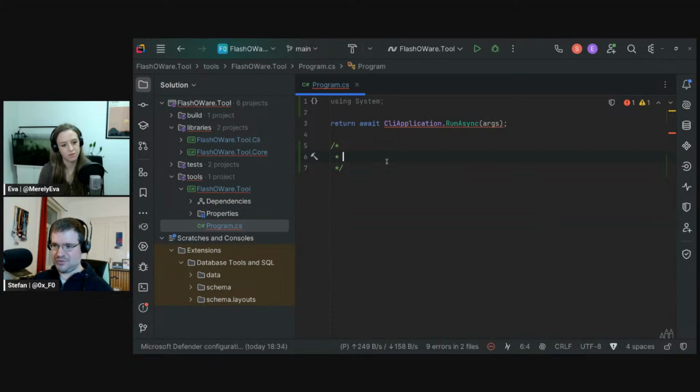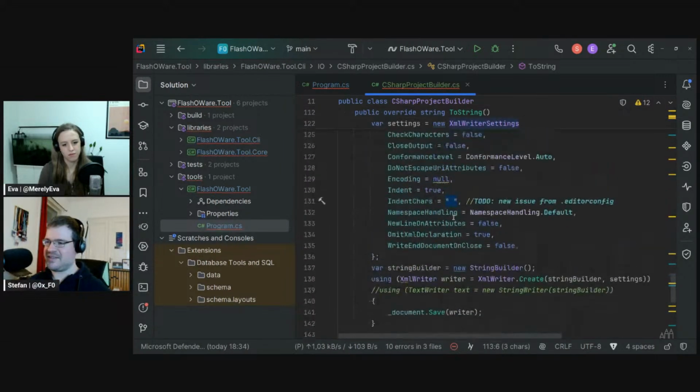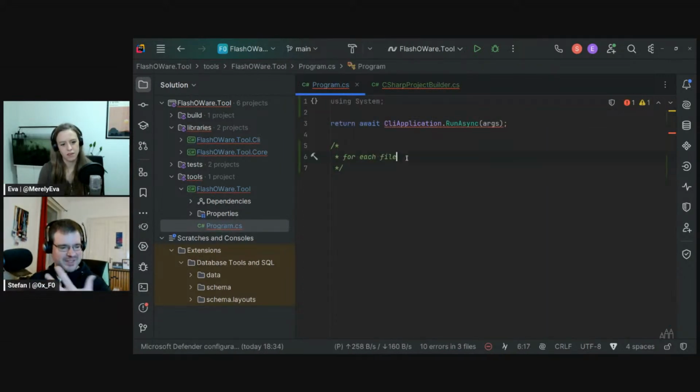Well, so for each file. Or in our case, what's in our case? We have our C# project builder. In our case, it's this C# project that we are building. But in general, if we build some general editor config resolver, for each file, we need to search